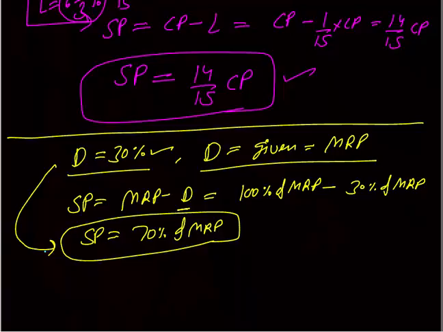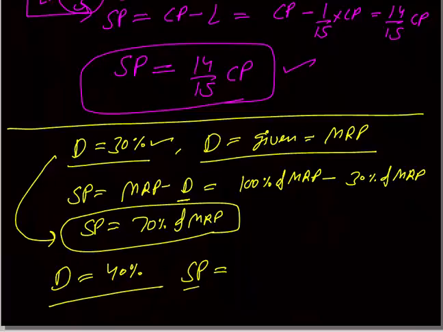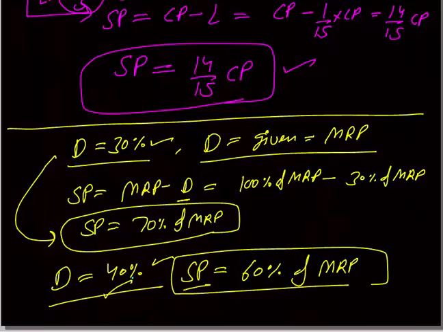Same way, let's say discount of 40%. Now discount of 40% is applicable on MRP. So initially the product value was MRP. You are giving 40% discount. Your selling price would be 60% of MRP, because on MRP you are giving 40% discount. So what will be left? Everything is 100% of itself. Think in your brain. Initially the product value was 100% of MRP. You gave 40% off. It means that the shopkeeper is selling the product at 60% of MRP.